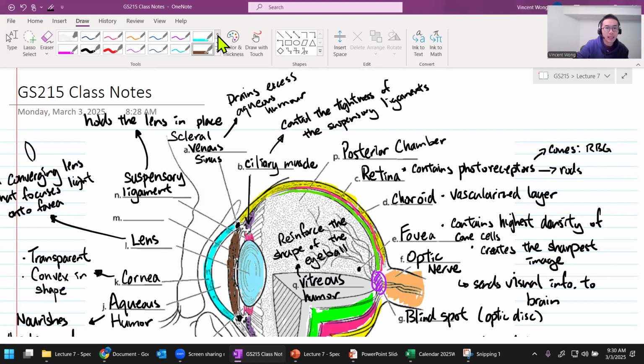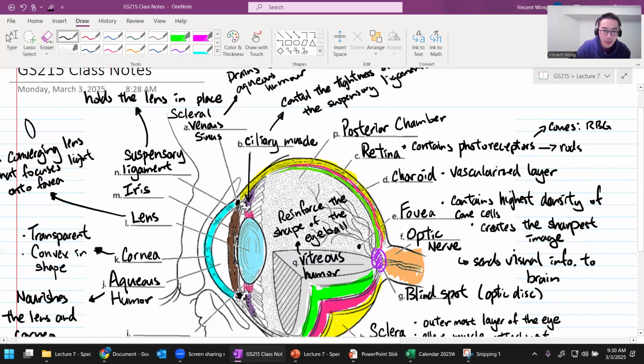So that is called the iris. It's the colored part of the eye. But it does more than that. It's not just to make our eyes look pretty. There is a hole in the middle. The hole in the middle is the pupil,